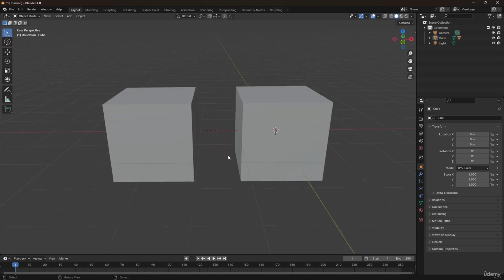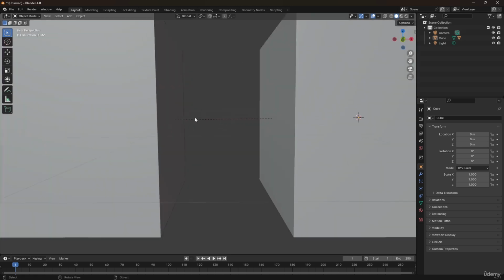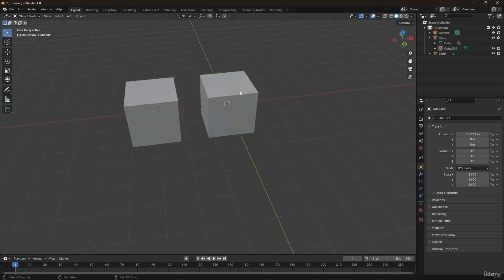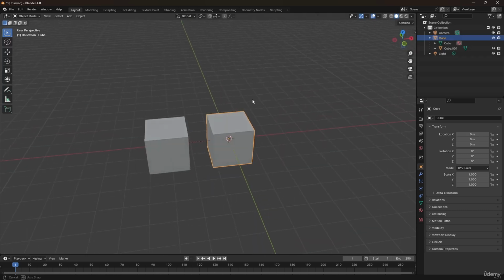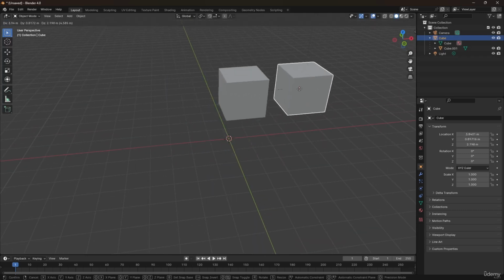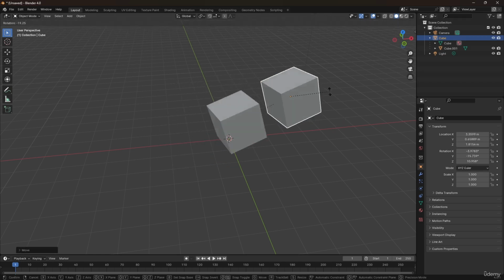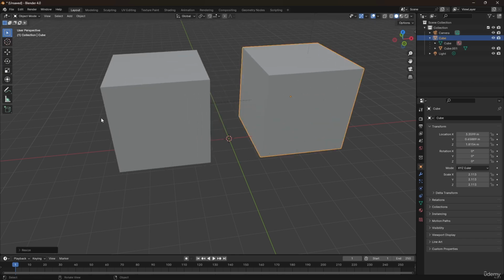As soon as we do that, you'll see this relationship line between these two objects. And if you look at the outliner, we have our parent object and then there's a hierarchy, so inside that we have our children object. When we parent two objects together and we select the parent object and start transforming it, the children object is going to be affected by the transformation of the parent. So when we move, rotate or scale the object, all of the transformation will be applied to the